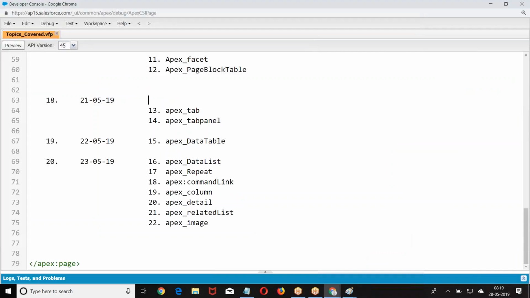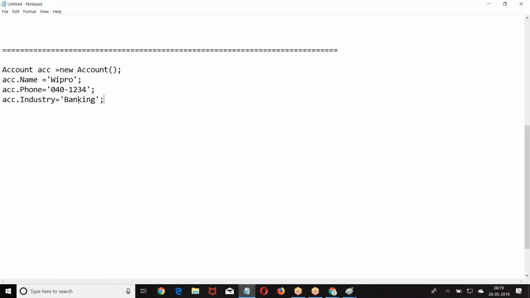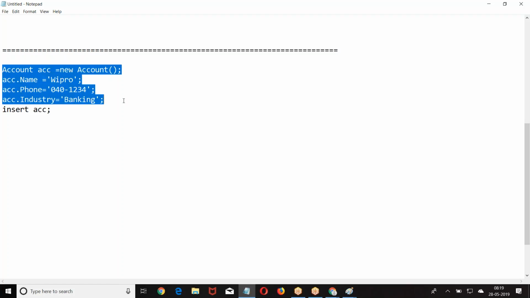Similarly, you created a record, it is not saved. If you want to save to the database, use insert. Then whatever record I created will be saved to the database. If I don't write insert, it will not save. Why? It is only a variable. When I say insert, data will be saved to the database. Is that clear for everyone?